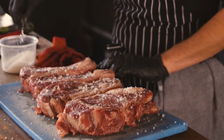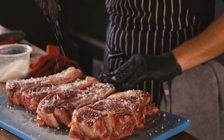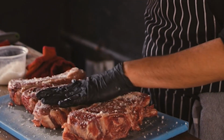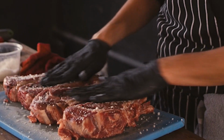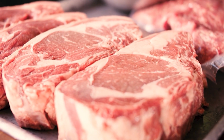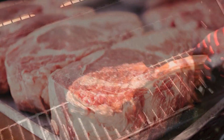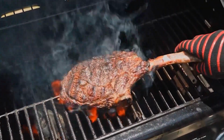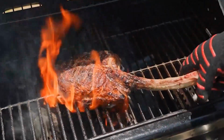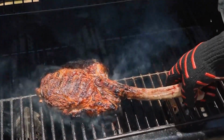Number 1. Processed red meat. Eating processed meat increases your risk of bowel and stomach cancer. The World Health Organization has classified processed meats including ham, bacon, salami, and frankfurters as a group 1 carcinogen, which means that there's strong evidence that processed meats cause cancer. Red meats such as beef, lamb, and pork have been classified as a group 2A carcinogen, which means it probably